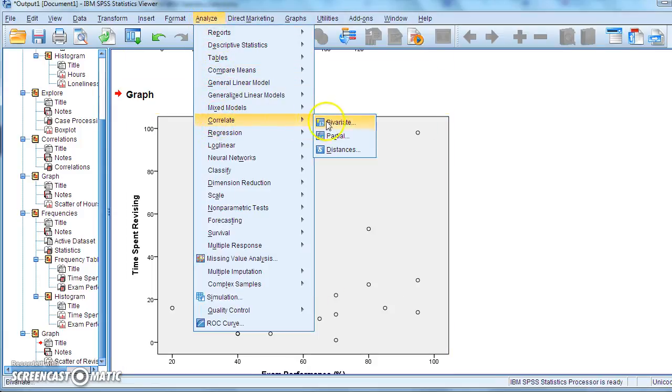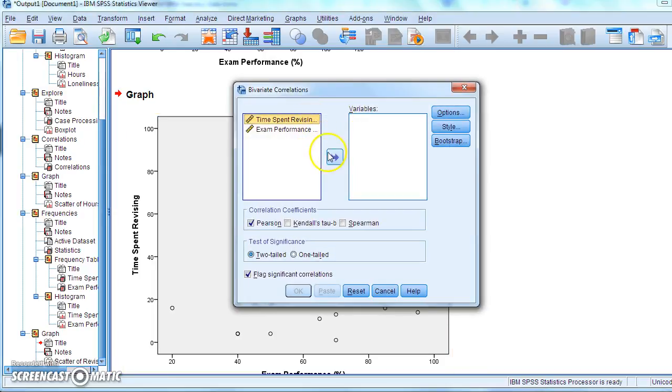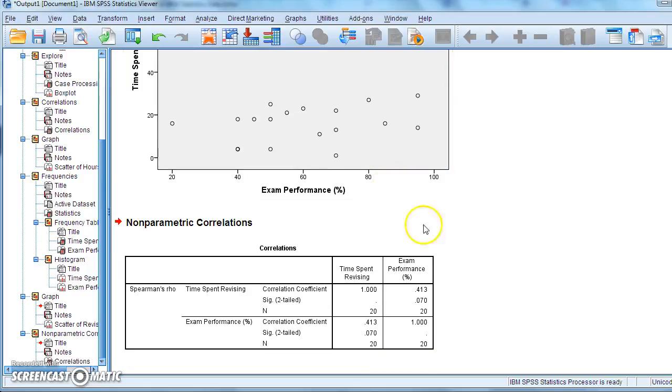So we've got to correlate, bivariate, because we've got two variables, put both variables in there, and we can't do a Pearson, so we'll use a Spearman correlation and we'll stick with it on two-tailed. Now, what we found here is a non-significant result. Again, SPSS gives you at least three things which aren't terribly helpful. It gives you the correlation between time and itself, the correlation between exam performance and itself, and it gives you the time spent revising and exam performance twice. So just find one of these.